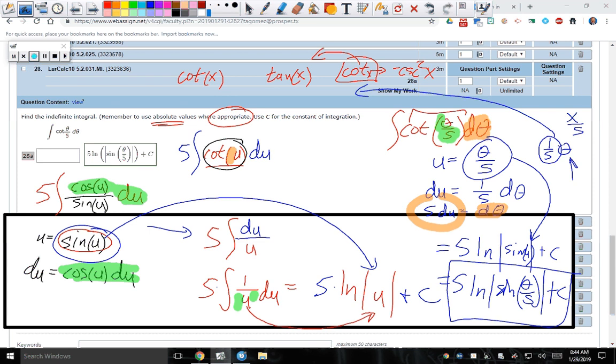Any questions? Yeah. Can you use a different letter? Yeah, you can use whatever letter you want. U-substitution, they just pick U. Okay, you could be M, you could be theta, it could be whatever you want. Maybe I got like a test or something. Yeah. Even on the AP exam,